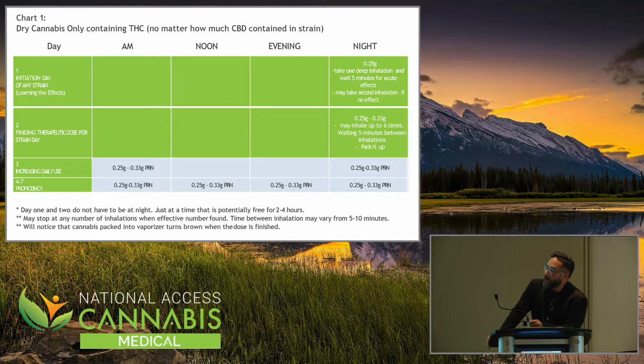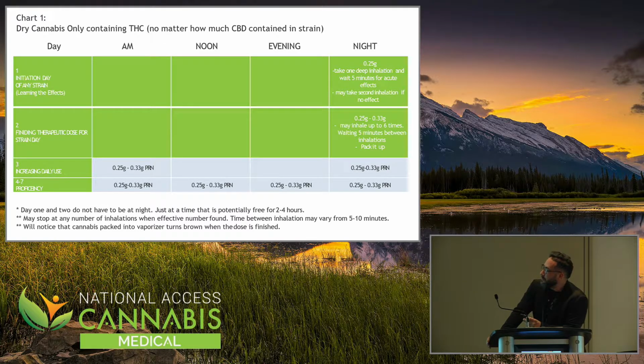So day 1. Initiation of any strain. I also want to preface one other thing. This is a template. This is a template to start from. You don't have to start with this. This is an interactive template. This is just one good way to start that makes it easy for patients. But if you say, well, 0.25, I'm at 0.2, 0.3, whatever, however it is, they can fill up the chamber. Okay?